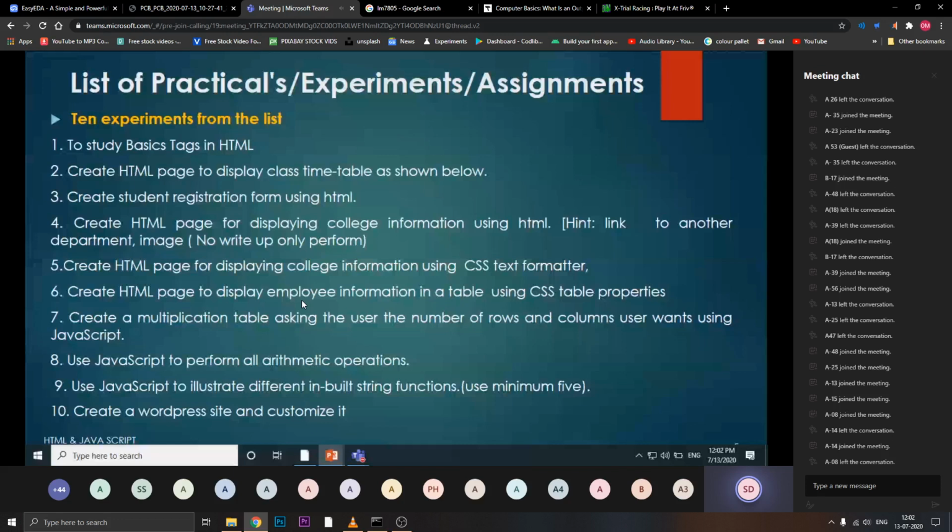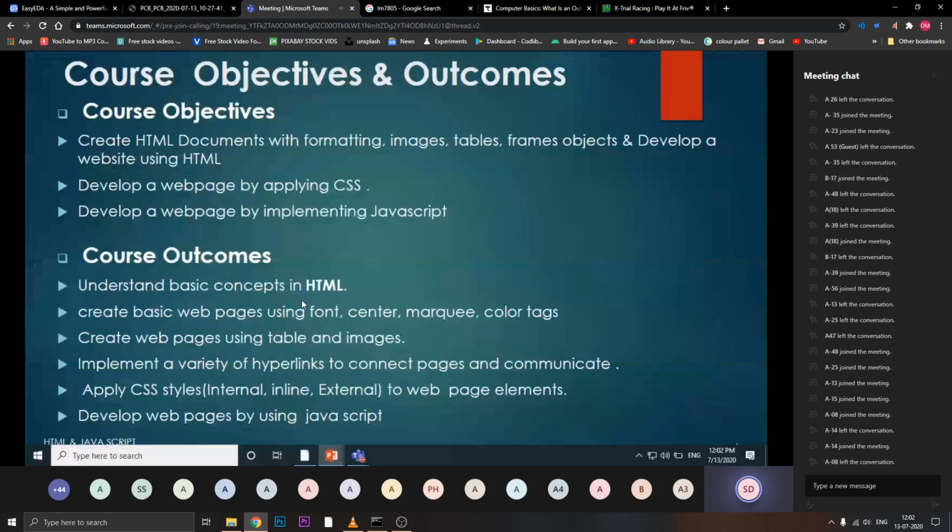Then, as I told you, behind every subject there are an objective and outcome. Why are we going to study this? The objective of this course is creating HTML documents with formatting, images, tables, frames, objects, and developing a website using HTML.